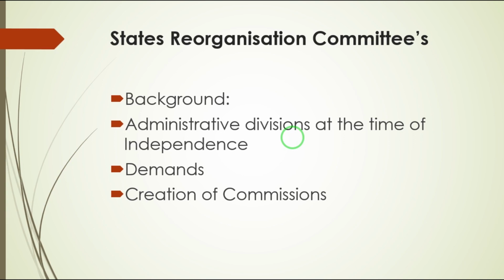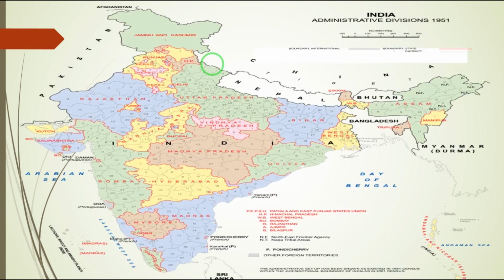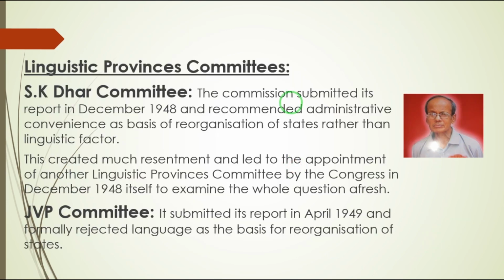There was also demand from different regions, particularly South India, for reorganization of states on a linguistic basis. That's why many committees were formed for the state reorganization. If you want to see the map of India, administrative divisions in 1951, you can see this was Bombay, Hyderabad, Mysore, Madhya Pradesh, Uttar Pradesh, very few states. And different linguistic province committees were formed. And in June 1948,